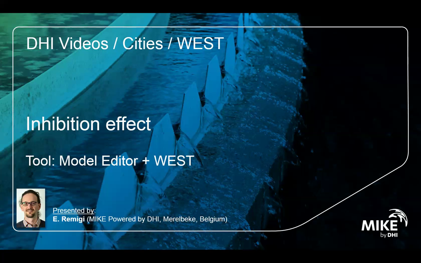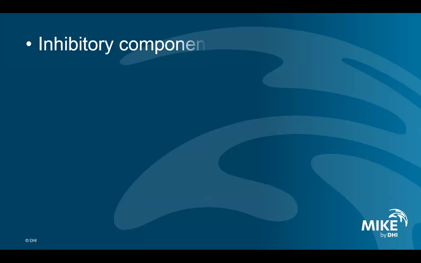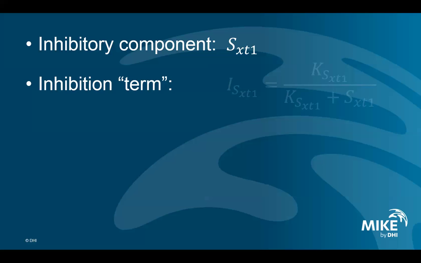This is how I'm planning to proceed and further modify my ASM1 mod category. I have already a soluble component that I've added and shown how to in a previous video, and I will use this one, S_xt1, as inhibitory component. Then I will need to define an inhibition term,